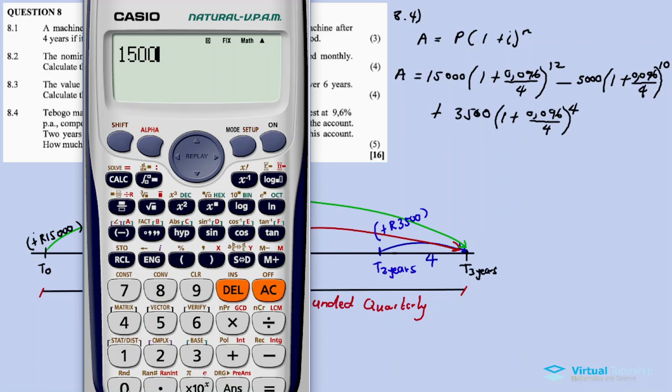So it's 15,000 rand, open bracket 1 plus 0,096 divided by 4 raised to exponent 12 minus 5,000 rand, 1 plus 0,096 divided by 4, raised to exponent 10 plus 3,500, open bracket 1 plus 0,096 divided by 4 raised to exponent 4 equal to